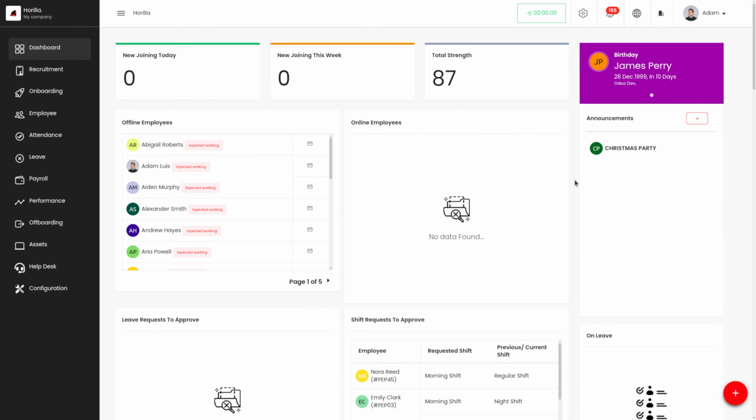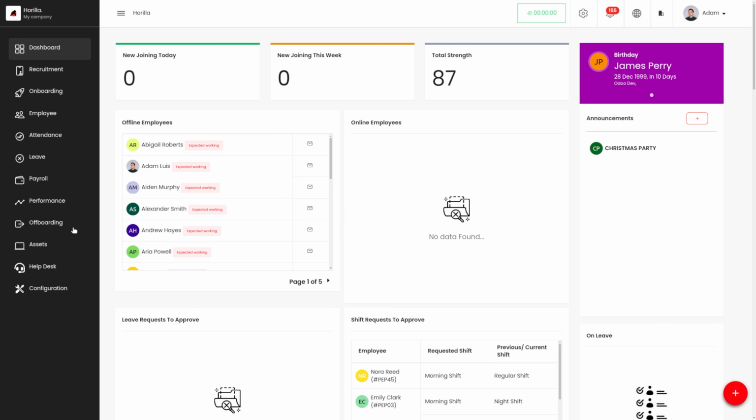In today's video, let's see how we can import assets. The asset import feature in our asset management system allows users to upload large amounts of asset data, such as asset name, purchase date, description, batch number and category, from an external source such as an Excel file. This feature streamlines data processing and makes it easy to add large numbers of assets to the system at once, improving the efficiency of the asset management process. So let's see how we can import assets into Horilla.